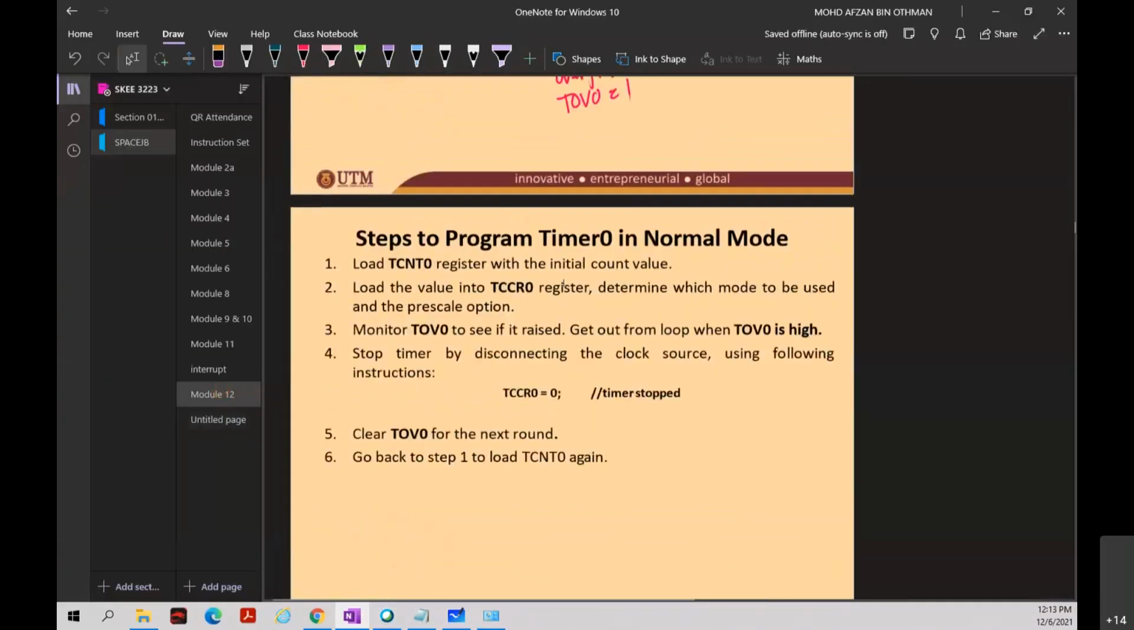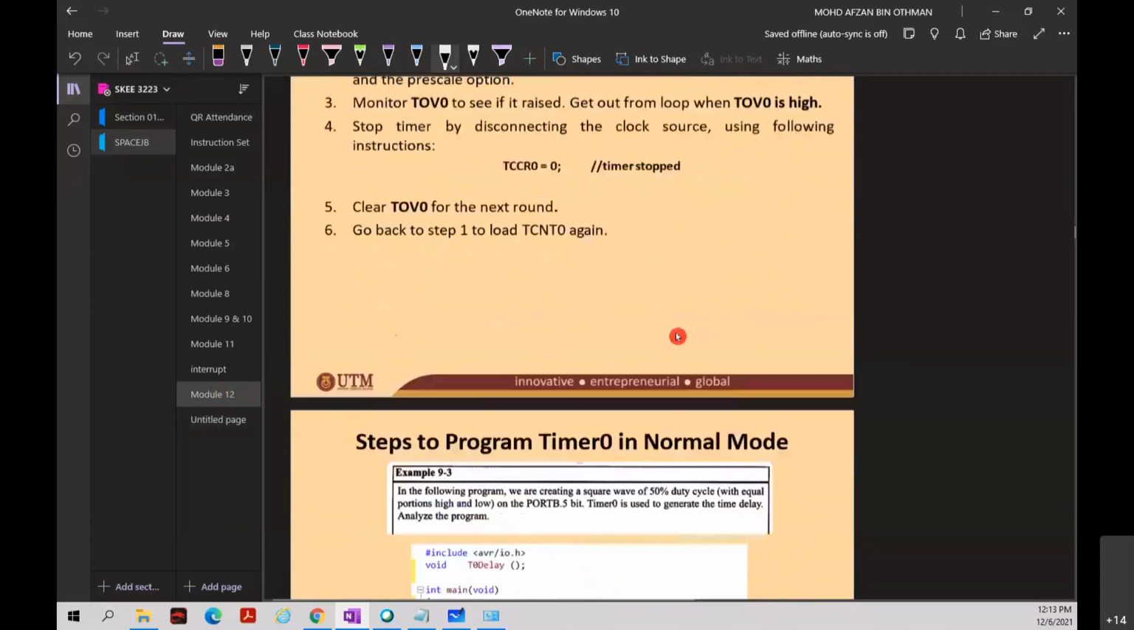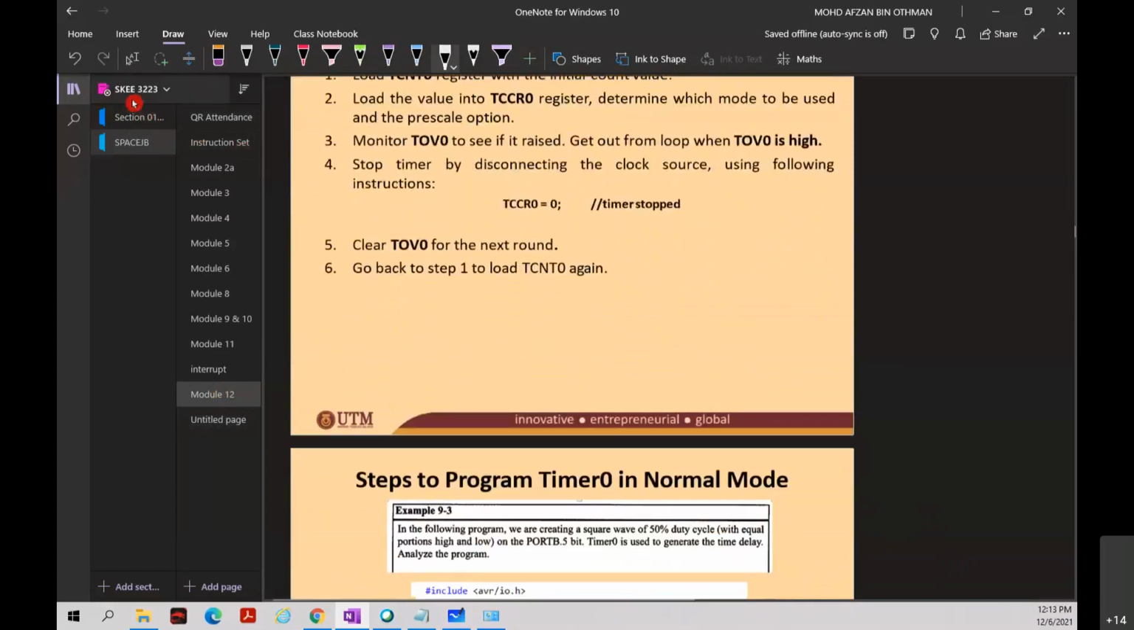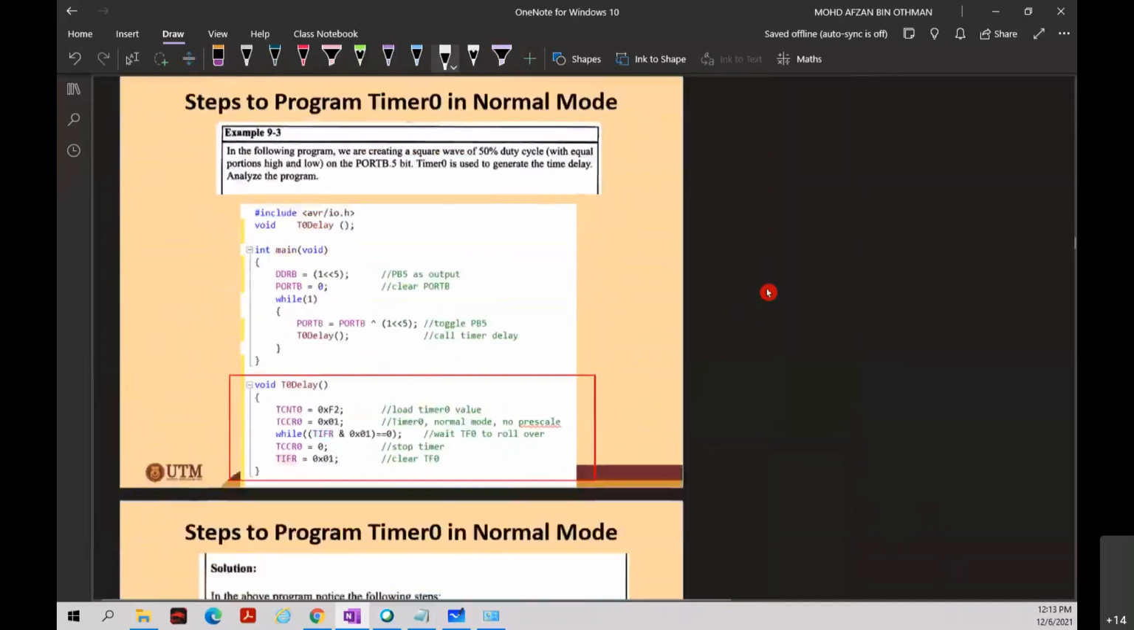Okay, so this is the step to program Timer 0 in normal mode. Now let's look at an example. Macam yang saya katakan tadi,